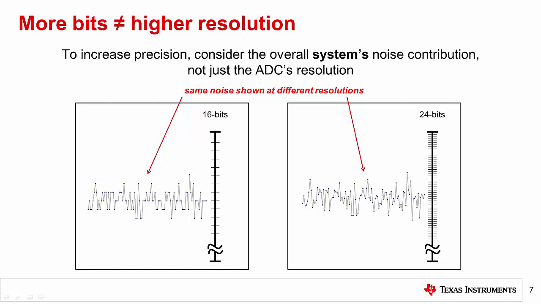For example, if the amplifier driving the ADC has high noise, choosing a lower noise ADC will not improve system noise. If you only focus on the ADC's precision, you might find that a higher resolution ADC does not give the performance you need. In fact, more bits does not always equal more resolution, as the images on this slide show. Notice that in the 16-bit image on the left and the 24-bit image on the right, the noise level is the same. The only difference is that in the 24-bit image, the system noise is quantized into smaller increments compared to the 16-bit ADC. The ADC noise may be lower in the 24-bit case, but the system noise is not.